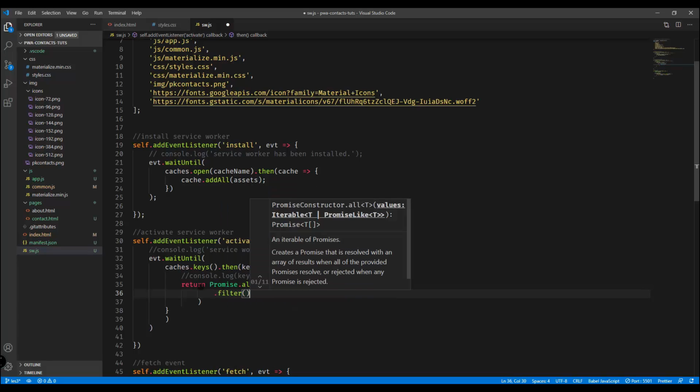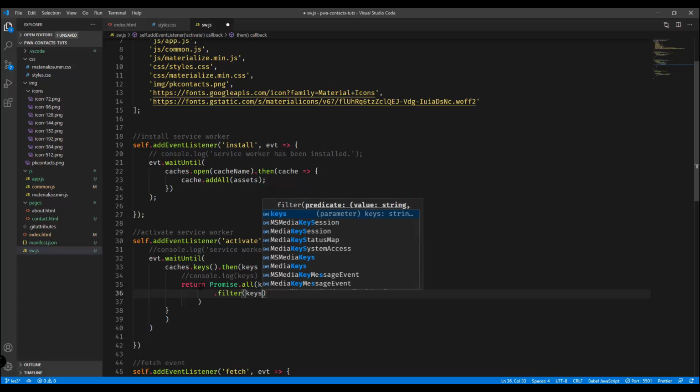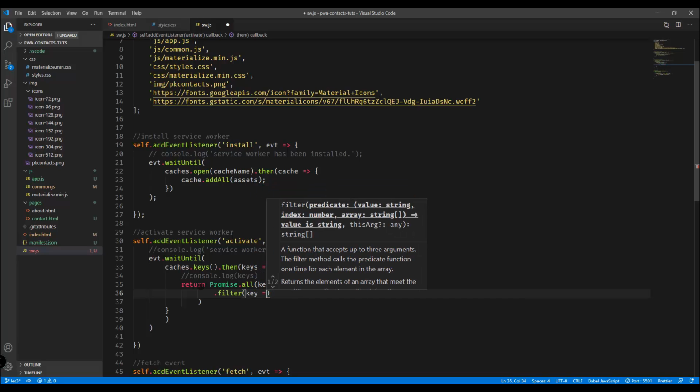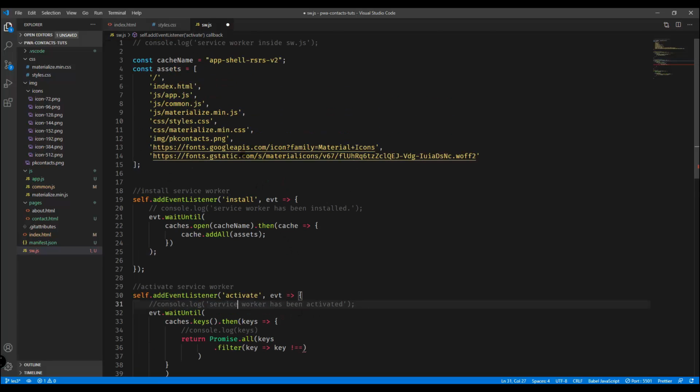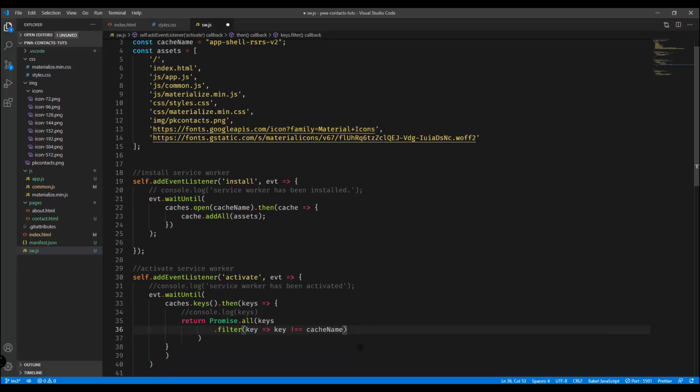Then in here we could specify the key. We're just checking if the key is not equal to our cache name right here. So key, cache name, and then if it is not the current cache name, then what we could do is